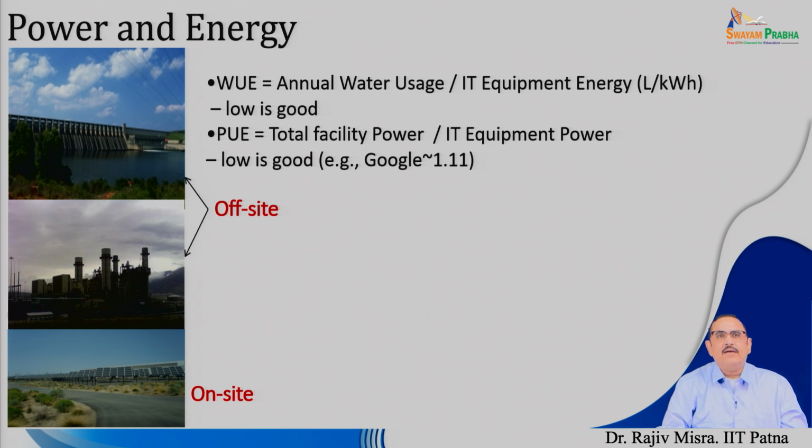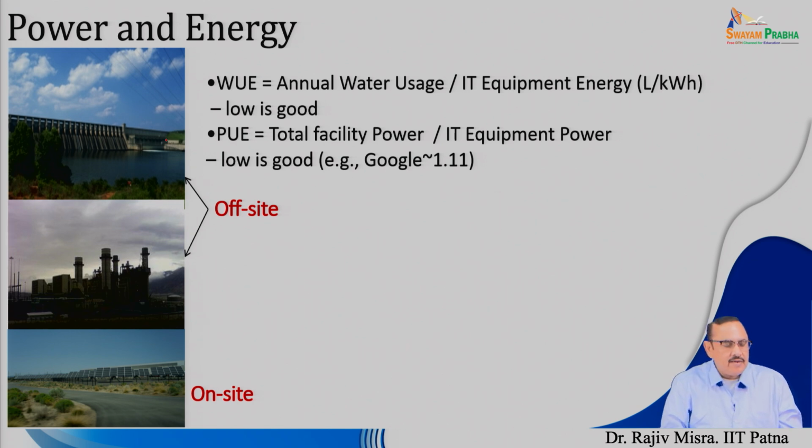So, as far as power or carbon footprint is concerned, if you see, the cloud data center is huge. It is equal to the aviation industry if you make a comparison. The aviation industry's carbon footprint is equivalent to the cloud data center or cloud computing carbon footprint. So, obviously, it has to be replaced in a big way.